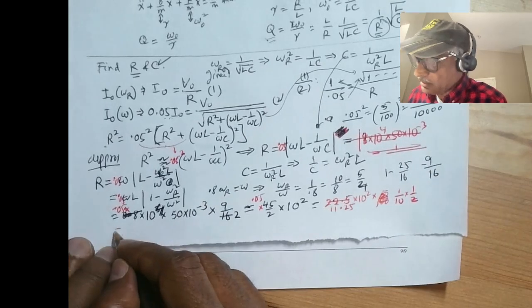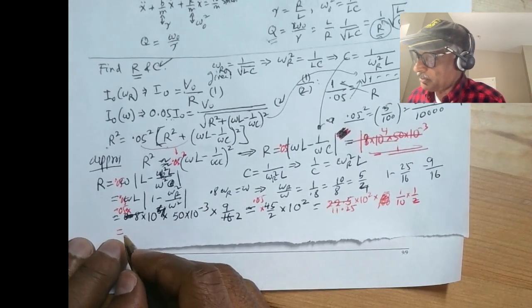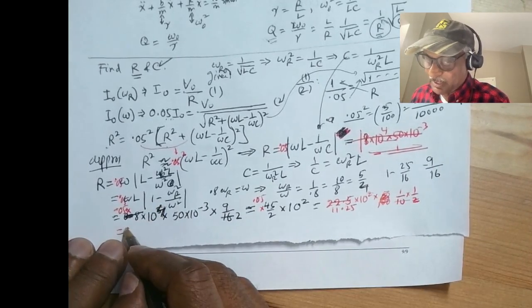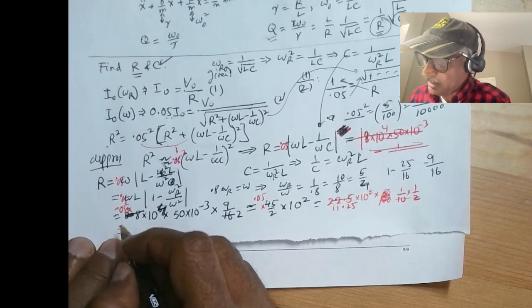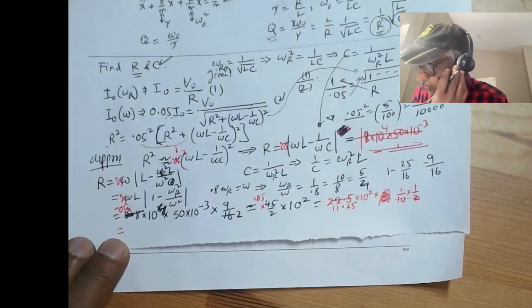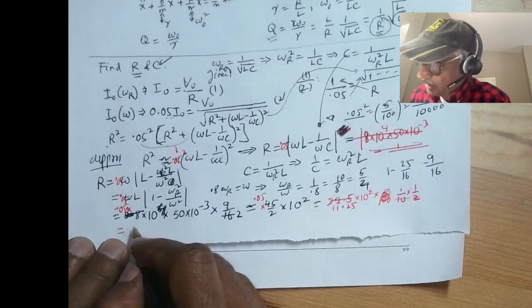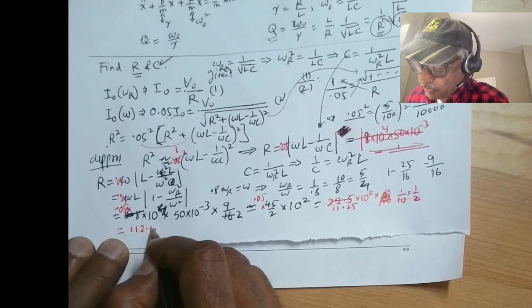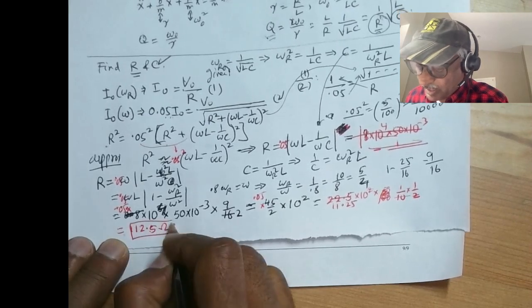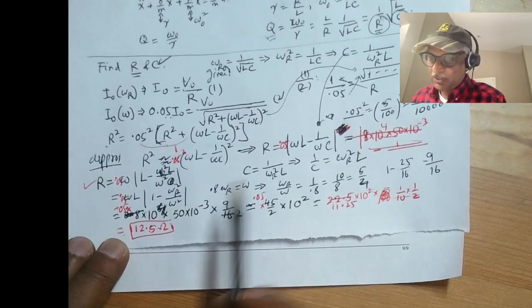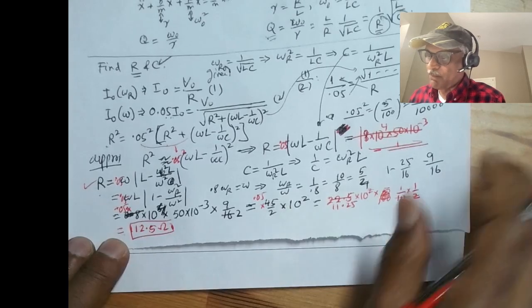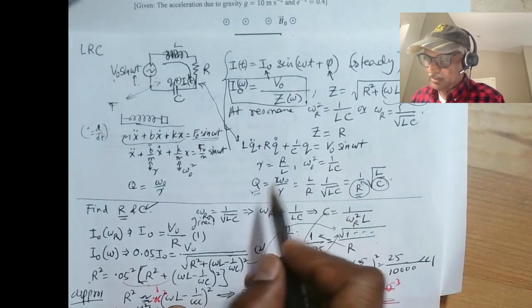So the R turns out to be, it's an important quantity to have done right. I was kind of too hasty in my calculation. So it becomes 112.5 ohm. So the R is that, and now we can use R to find out the Q, okay,